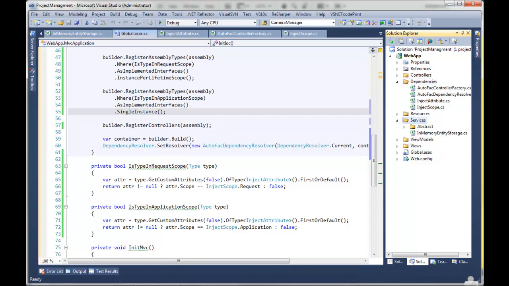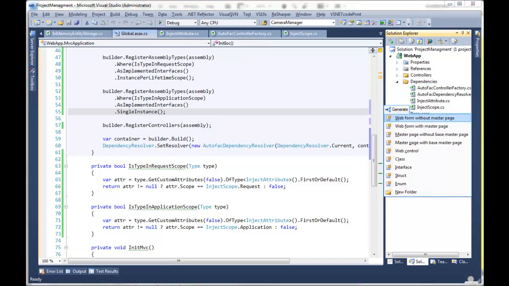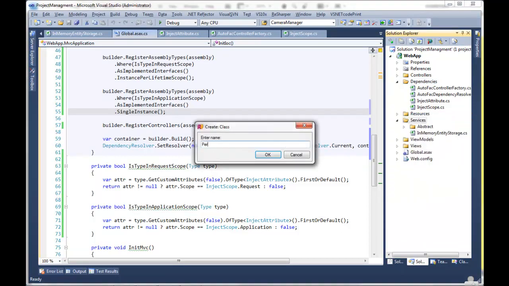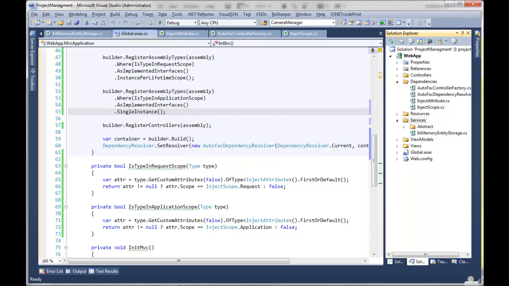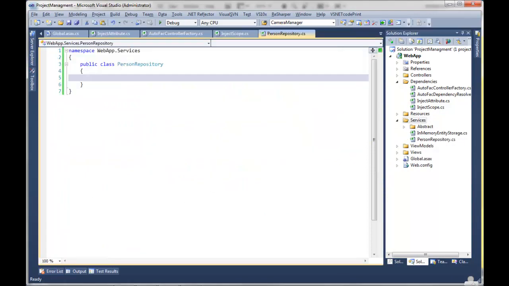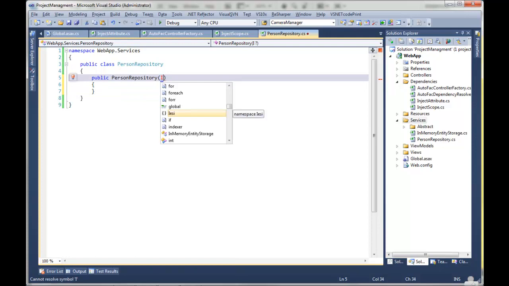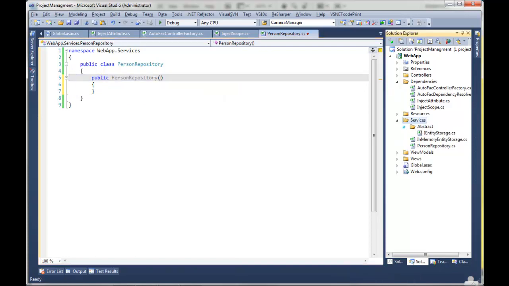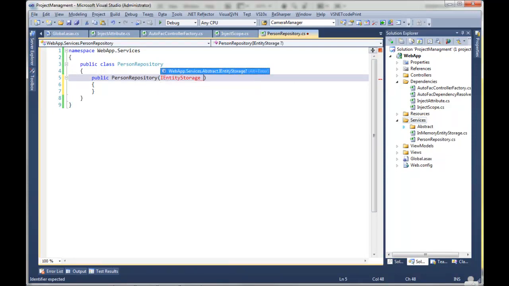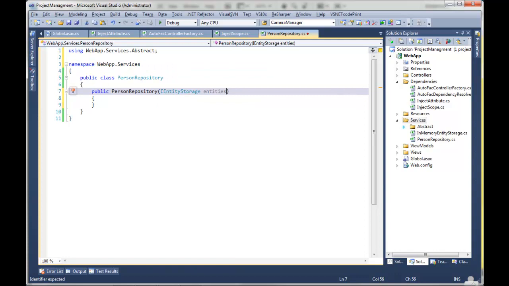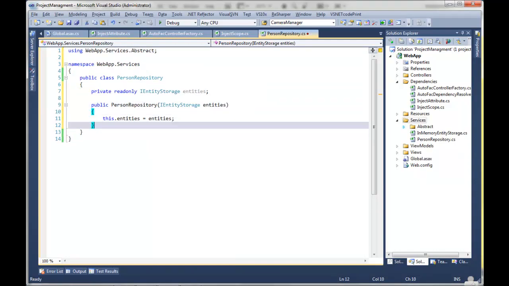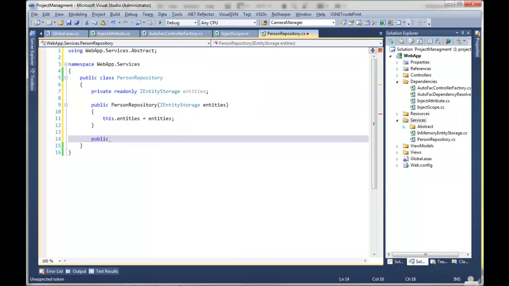The last thing is the inject self. And remember how I said that, let's say we have this. Here's an example of something that I might do. And person repository requires an entity service thing. What do we call that? Entity storage. And our person repository has, or two. How about,